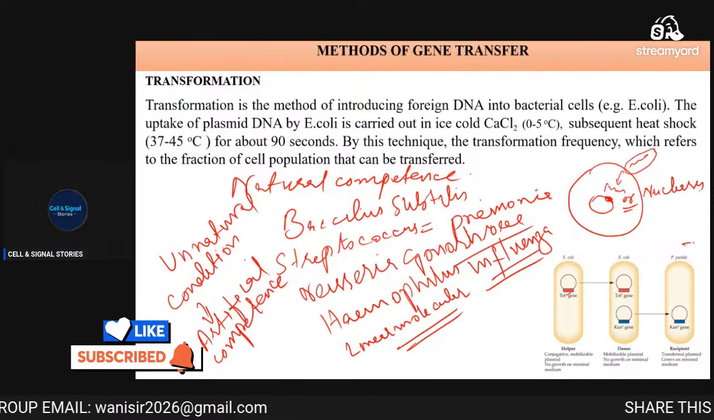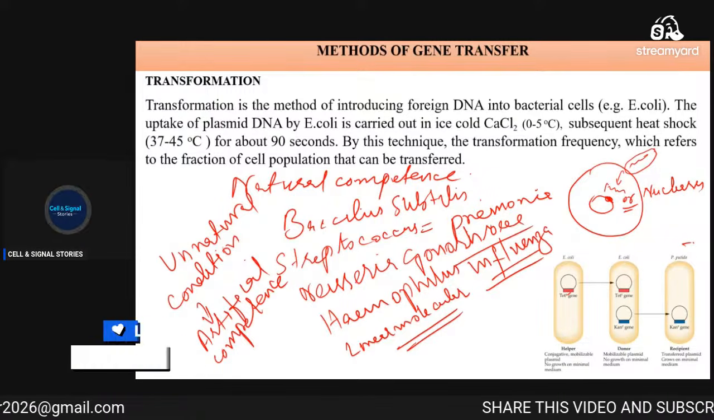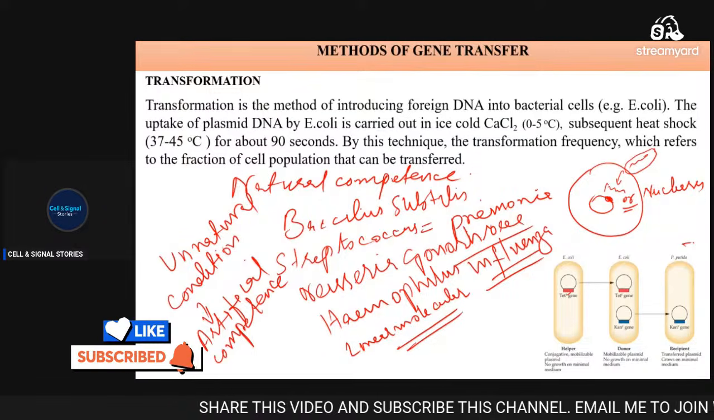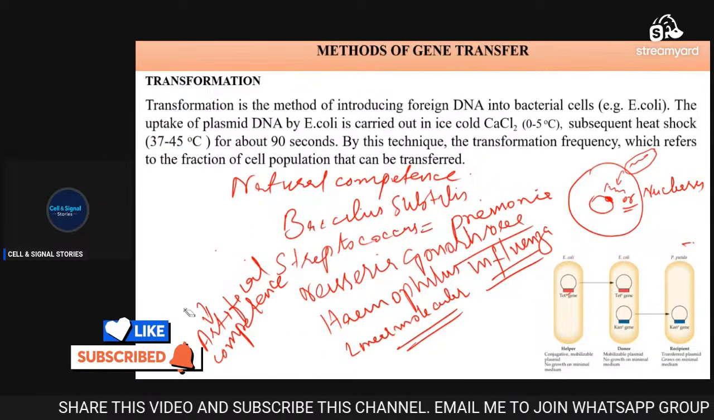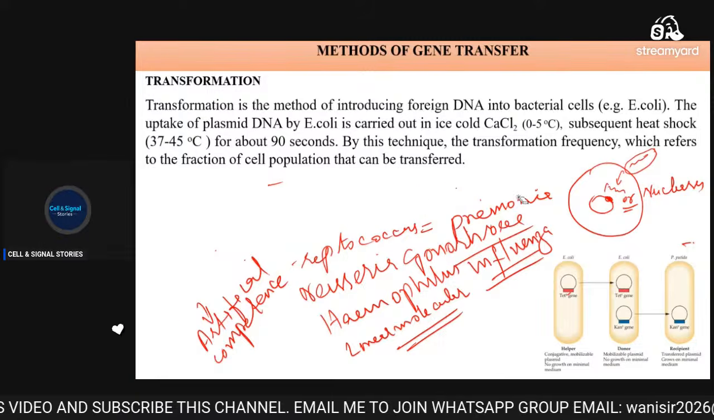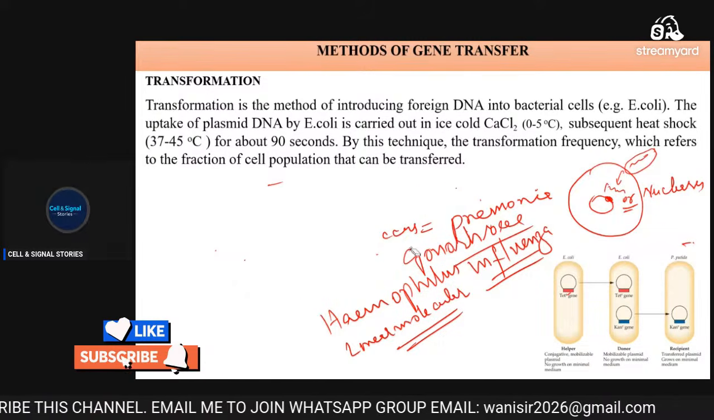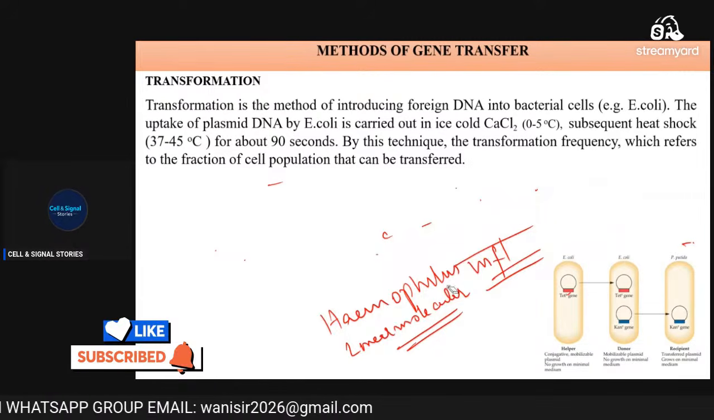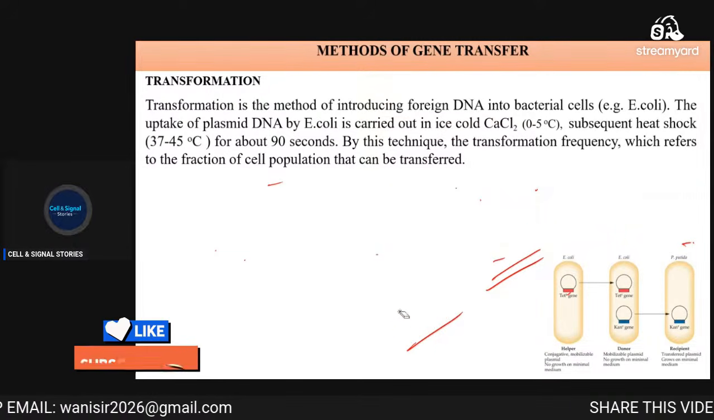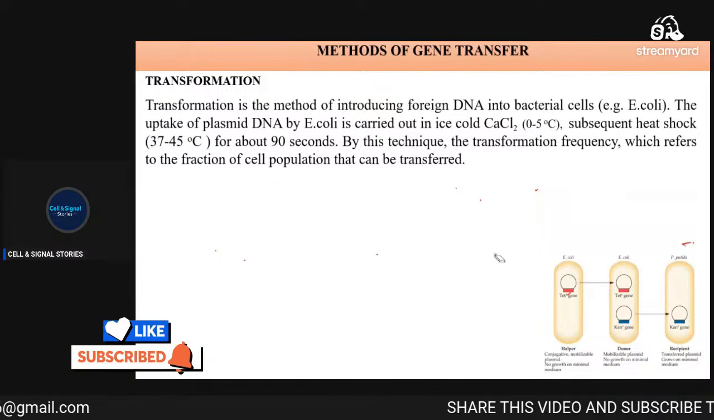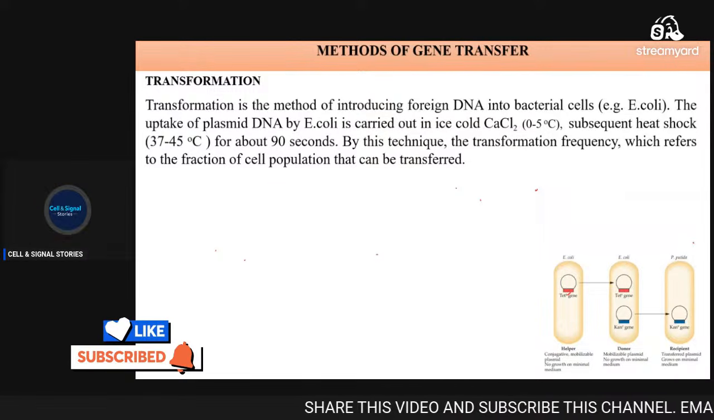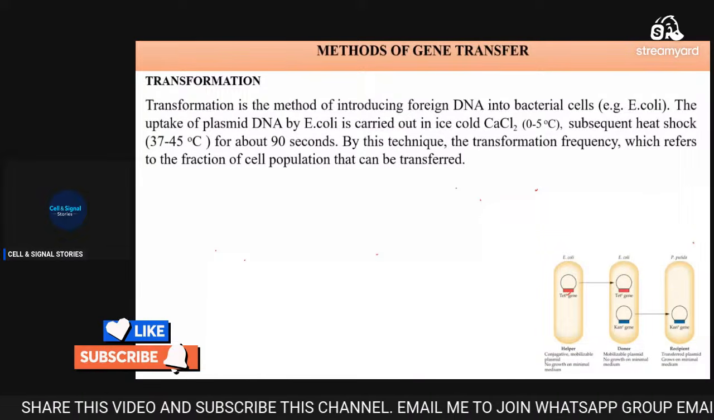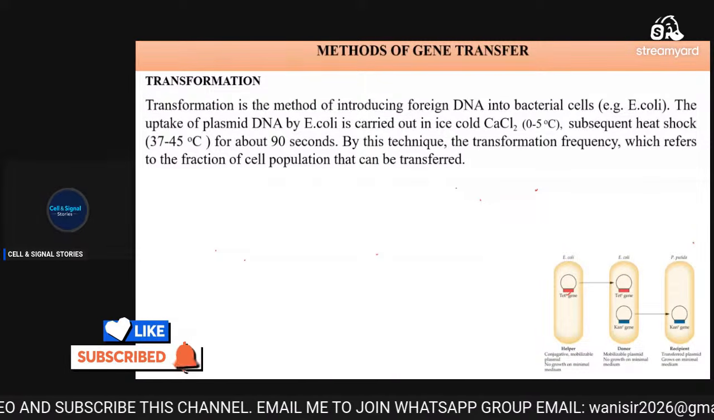This is very important. Why is artificial competence needed if there is a process of natural competence? Because there is another drawback of natural competence: it only receives linear DNA, not circular DNA. This is very important to understand. This type of knowledge you will rarely get in other videos, because they do not give you the detailed information. So we will try to understand